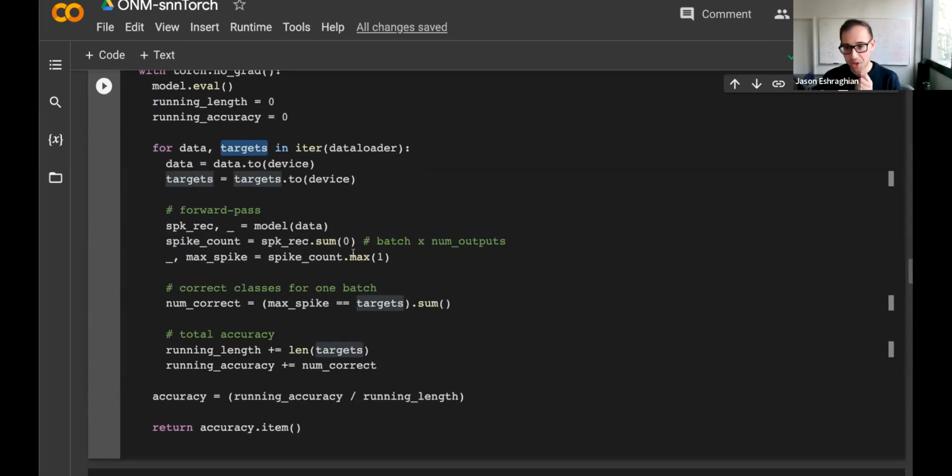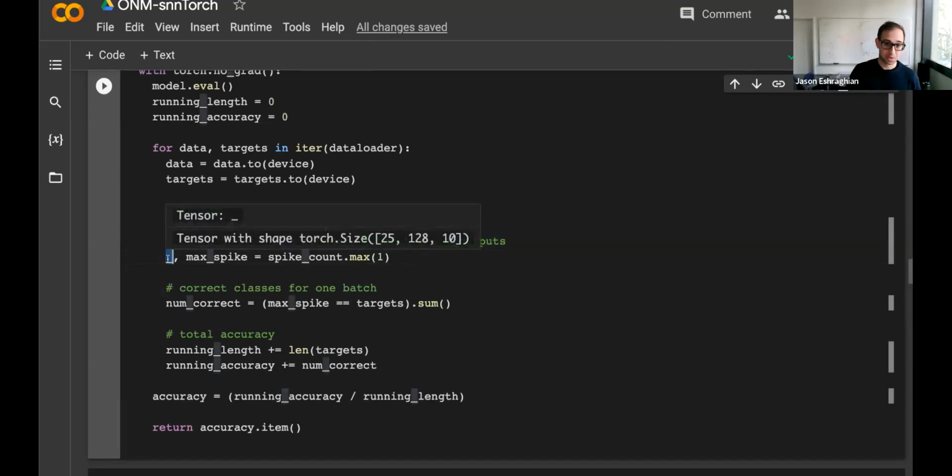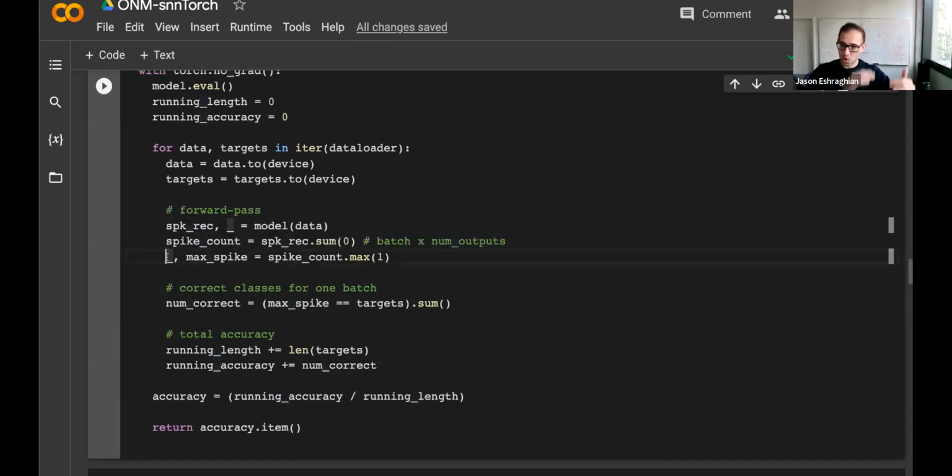So we want to call the function max on the spike count to take out the first dimension. So batch's 0th dimension, we want the list of maximum numbers from the number of outputs. So between 0 and 9, we've got 10 neurons. We want to know which of those neurons has the highest spike count. And that max function will return two things. First, it's going to be the actual spike count. So say one of my neurons is spiking 25 times, then this number will be 25 along with all the other batches, right? In addition, it's going to give me the index of that 25 spikes. So say my third neuron spiked 25 times, this index will say 3, right?